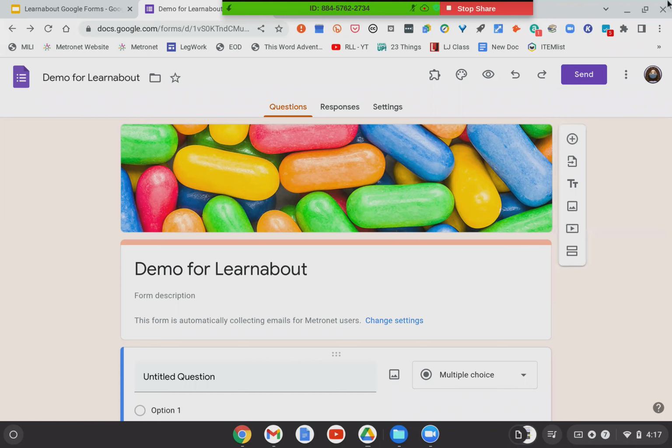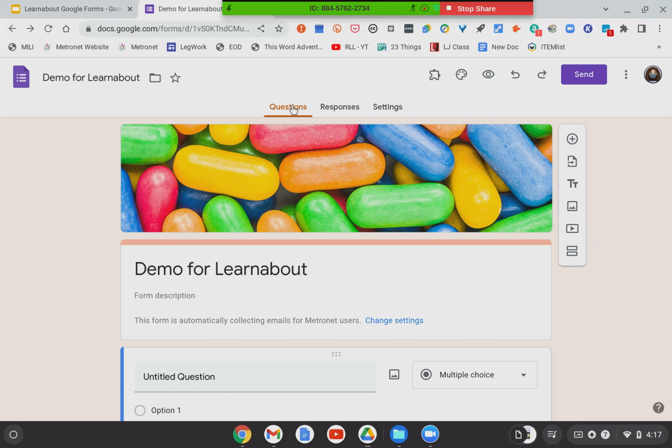And then to the right of that is my picture, which tells you it's my Google account, but I could do that to switch Google accounts. So if you have a personal and professional, etc., you can switch those here depending on what account you need to be in to create this. So that's the top row.